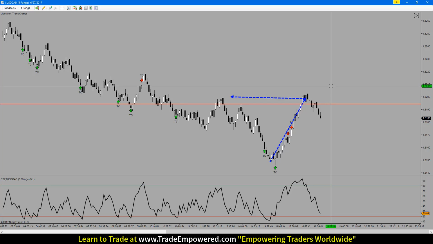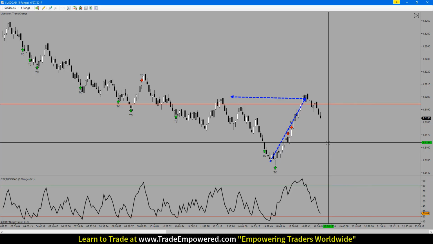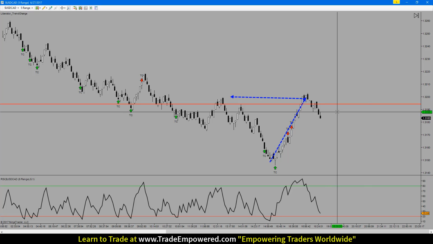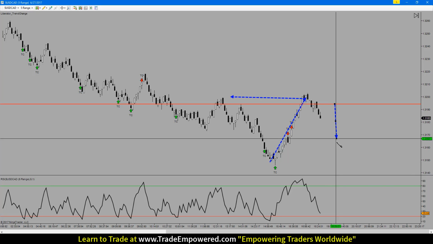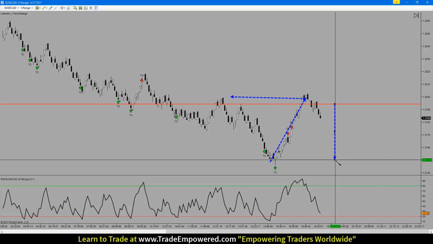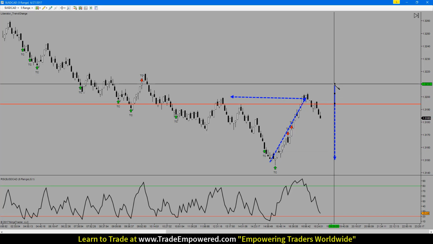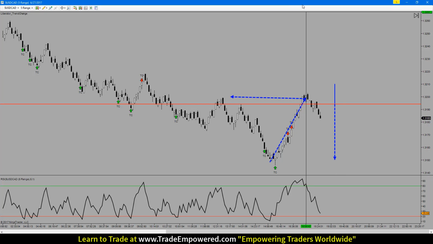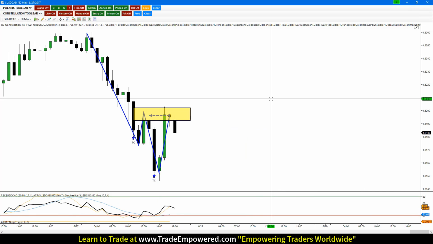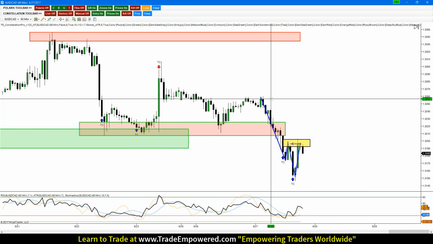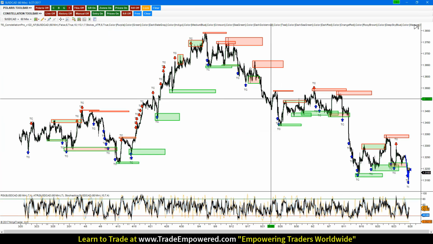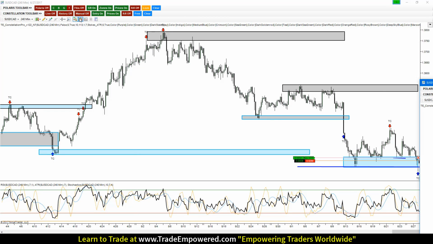I've got stops right above our previous structure highs up here at 132.08. So not a lot of risk on the table at all, especially with the amount of reward we're looking for. And again, we have a target one that can be down here at 131.50s, and then secondary targets, we're looking at a potential move all the way down to, I think this thing could go really low, but secondary targets, we're looking at a potential move down to